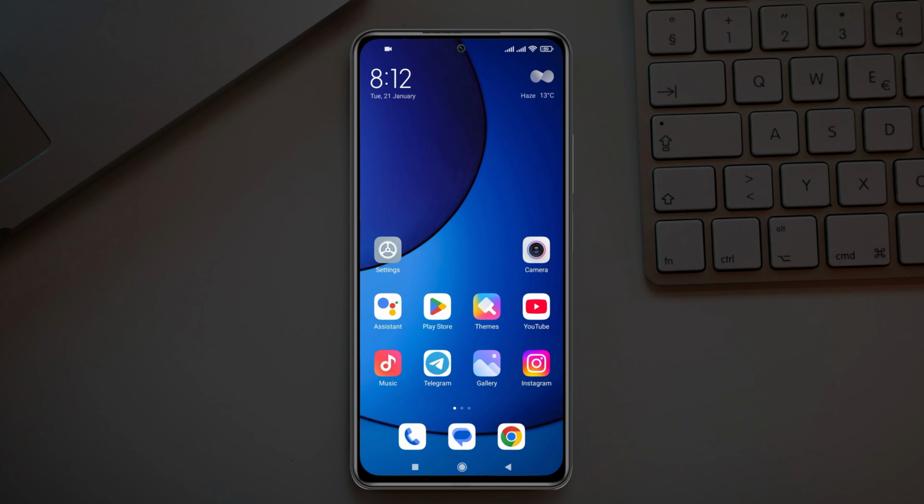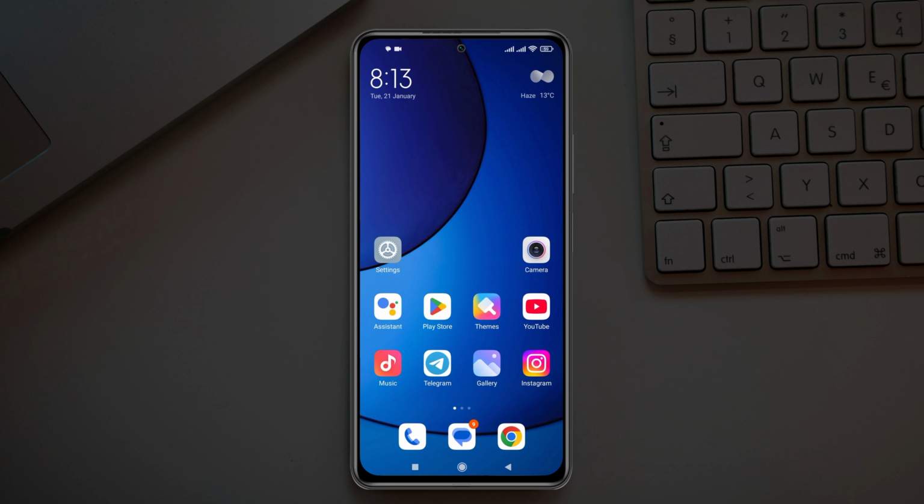Well, so now to track any Android phone's location, first things first, you just need to make sure that the device actually does support the cloud-based feature. Here I'm using my Redmi Note 9, so if you're using Xiaomi Redmi devices, then you already have the cloud-based feature. But if you're using any other Android device, then you just need to make sure that your device does support the cloud-based feature. And let's say here I have this device and I just want to track this phone